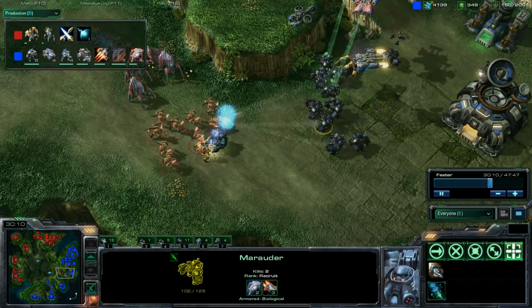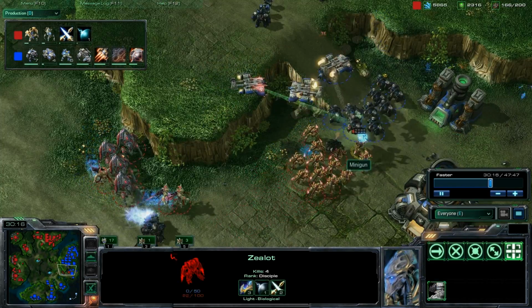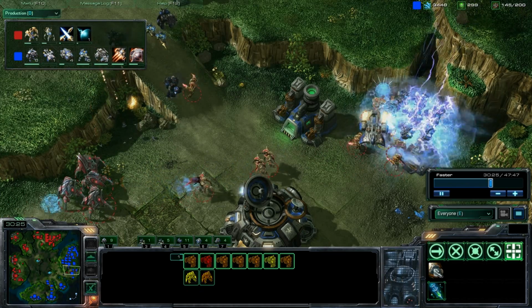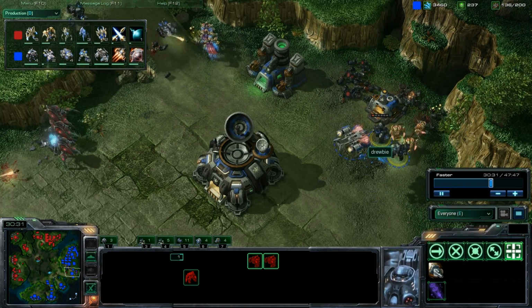Drewbie did stim up there to try to make it past those reinforcing units of Minigun. Now going to be pulling back into a ball, kiting away from these Zealots best he can, trying to keep concussive shell on as many Zealots as possible, doing a good job getting in the corner here, away from the Zealots, but it's going to open him up to that storm, and he's not going to be able to get